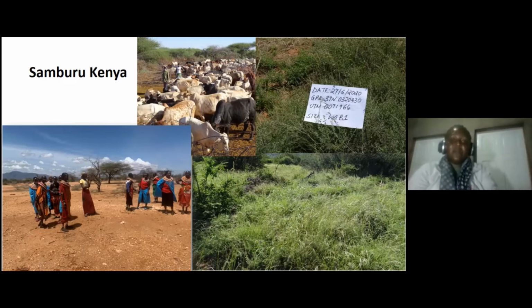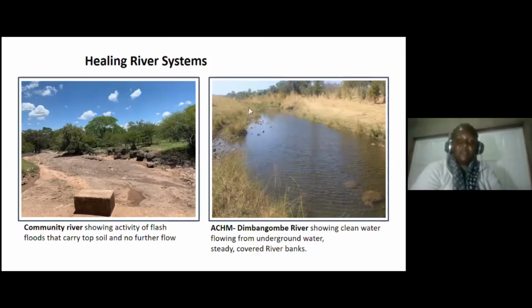And then this is a healing of a river system. As you can see, rain and no water here. And then here you have clean flowing water. So you can also manage your water stream so that lots of your streams start getting water. And we call this sort of rivers a low-hanging fruit because this community has already started practicing. After some time, signs of healing will show by having pools that take longer to dry, and then eventually a little flow, and then after some years, you start having the stream flowing.